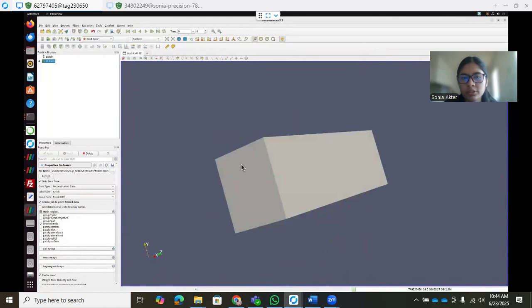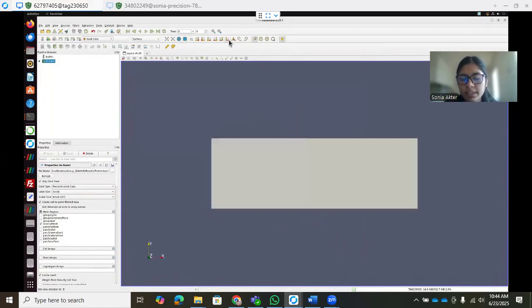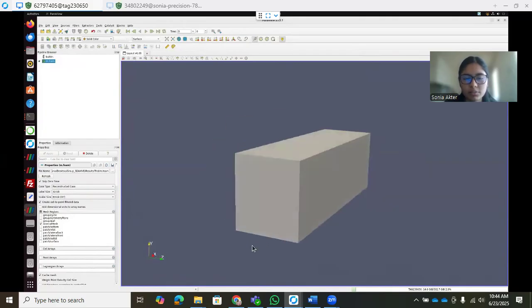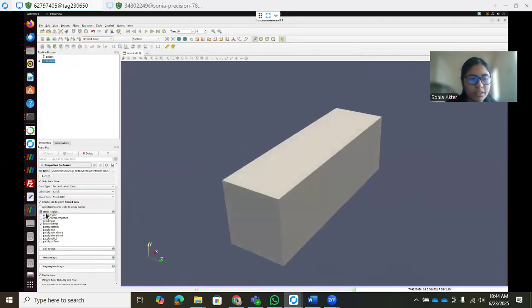As I already mentioned, we are running a scour case where we have a rectangular segment, which is divided into two segments, water and sediment. I'm providing this rectangular division, so this portion would be the sediment concentration, and at the top it will have the water zone. For that reason I created a rectangular geometry. So this is our rectangular geometry, and in the blockMesh file, at the last you can see we have